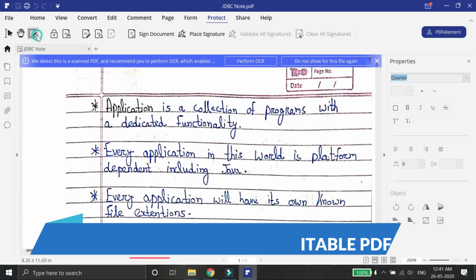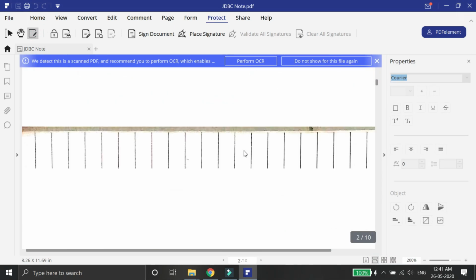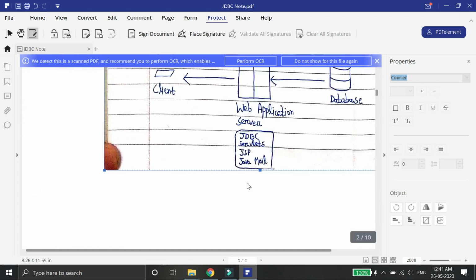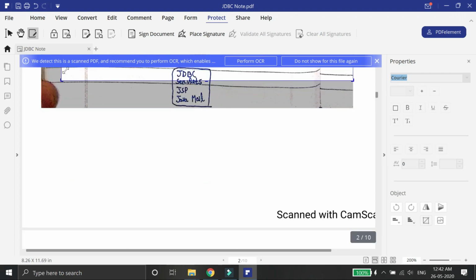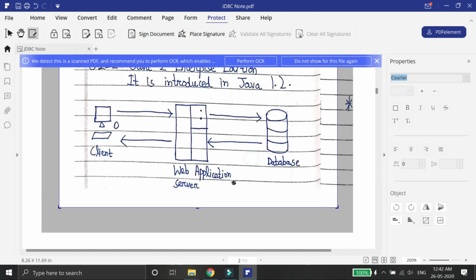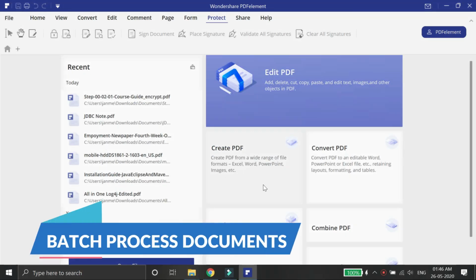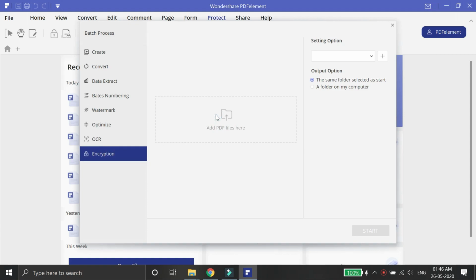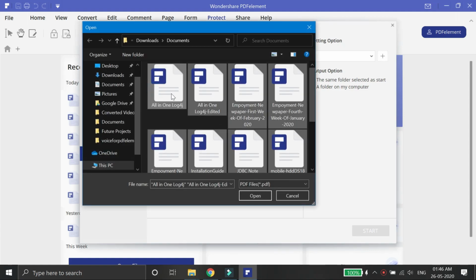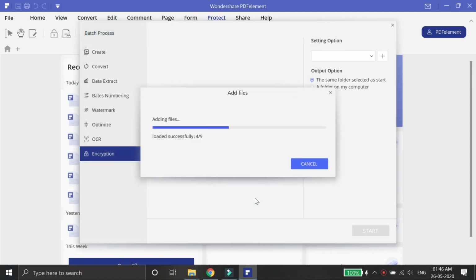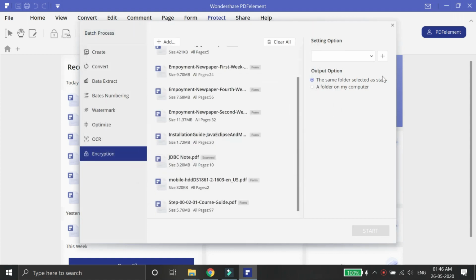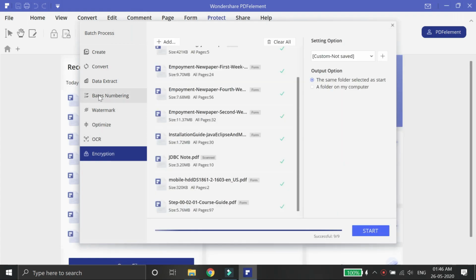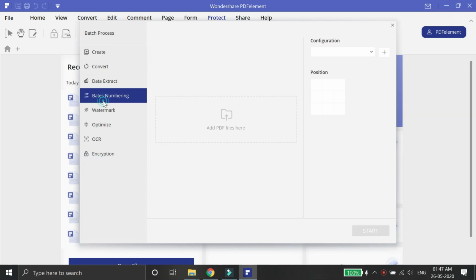We can convert scanned paper into editable PDFs and make changes as per our need. Here we can rotate, crop or enlarge any images. Along with that, we can do all basic changes as discussed in the previous feature. Let's go for another feature. This is batch process. Here we can process multiple PDF files in one go. Under the batch process tab, we have several other tabs like encryption, which can encrypt all the selected PDFs at once. Like that, we can watermark, optimize, and convert multiple PDFs at a time.